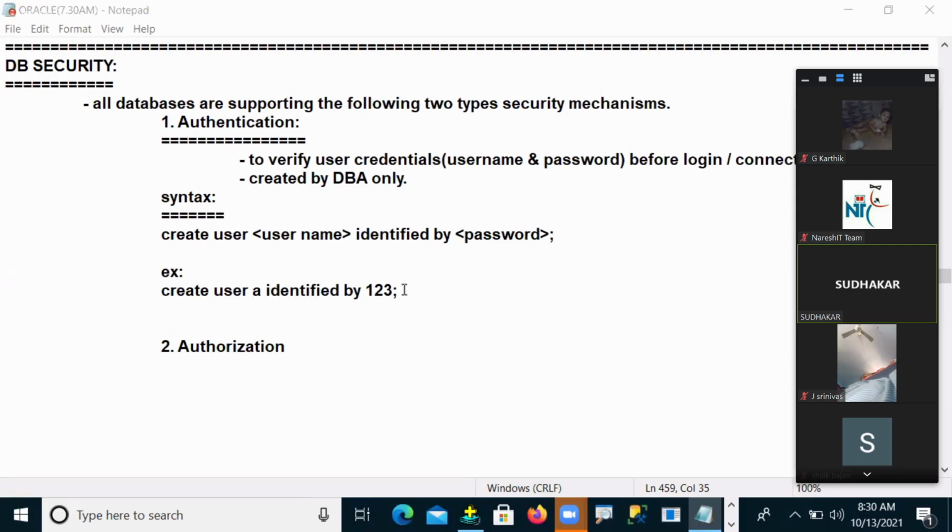This is what we call authentication. Authentication is nothing but checking whether the user has credentials and whether those credentials are valid or not. If they are valid, then that is a valid user, an authenticated person. If not valid, then he is not an authenticated person. And this user credential, username and password, we use just for login purposes.